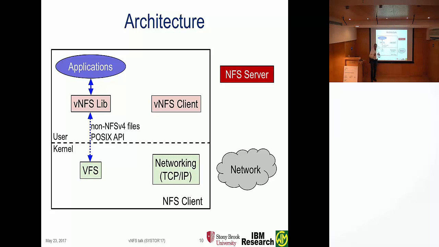One of the ideas is how would people use this in the future? How would you start to use it for real applications? And then the idea is to kind of allow incremental changes as you improve this library and applications start to use it. And of course, anything that we recognize as an NFS call or our own API, we ship it to our own client, also in user level, which then creates its own network RPCs, goes to the networking stack and all the way to the server.